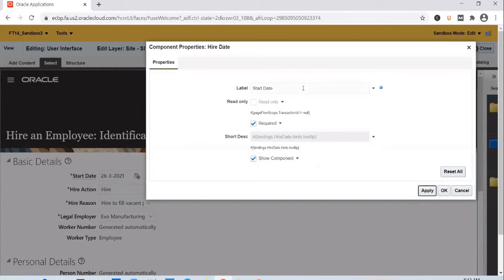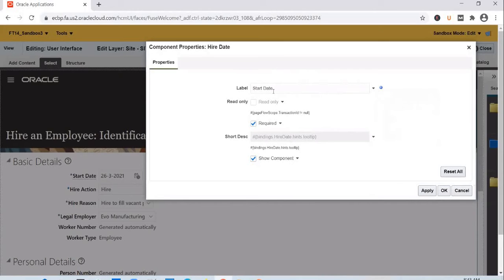The reason I didn't copy the binding is you will always have an option to go back. If you click on this, you will see an option to override the change, or you will have this reset option available always, which will help you go back to how it was in the original application, or before you change this label, where the label was getting derived from. So if you just click on reset, the binding for the hire date label will come back again. So when you make changes, you don't need to copy the bindings because you will have a reset option available. So you don't need to worry about it.